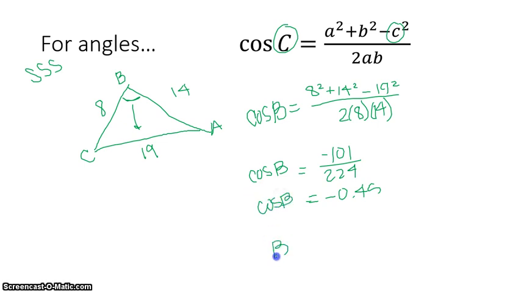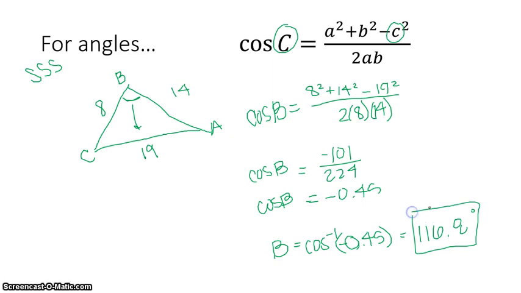So to find B, I do cosine inverse of negative 0.45, which tells me that B is about 116.8 degrees. Go ahead and set that up to find angle A. So set it up with cosine of A. When you do that, just as a check, you should get that